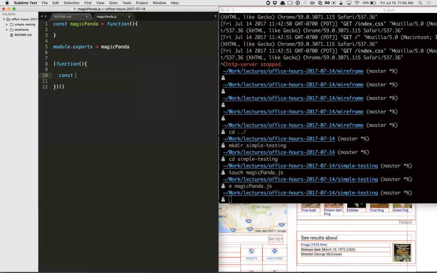So I'll just do like, okay, we've got, let's say Magic Panda is going to be a constructor. Well, let's just say, let's get even simpler here. Whatever. This is ridiculous. In this case, no. Nothing in here. Does this shape look weird to you? Okay. It's just, oh, I'm sorry.